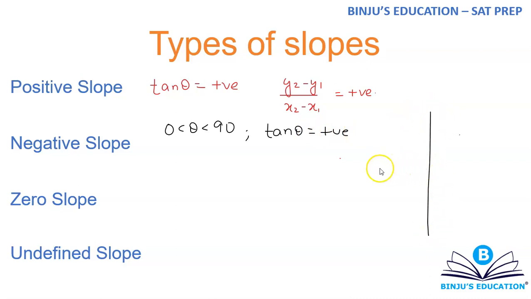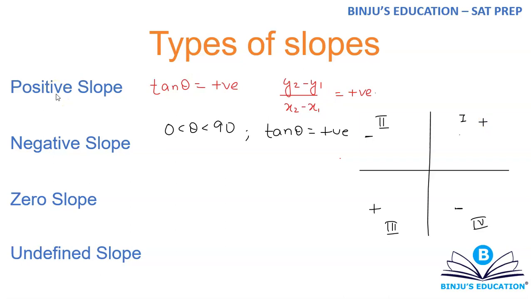You basically have four quadrants. This is your first, this is your second, this is your third, and this is your fourth. First quadrant has angles from 0 to 90, second is 90 to 180, third is 180 to 270, and fourth is 270 to 360. So tan is positive in the first quadrant, negative in the second quadrant, positive in the third quadrant, and negative in the fourth quadrant. Just remember this. Tan is positive in first and third, and it's negative in second and fourth.